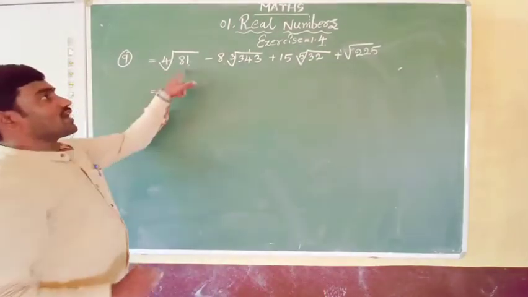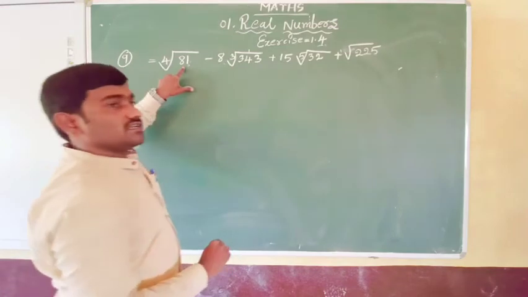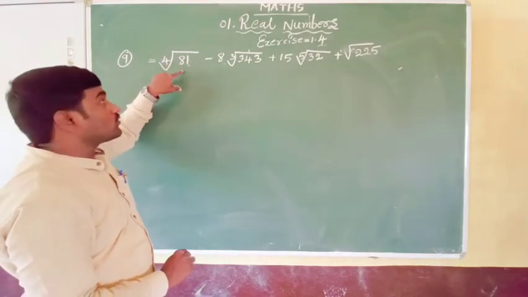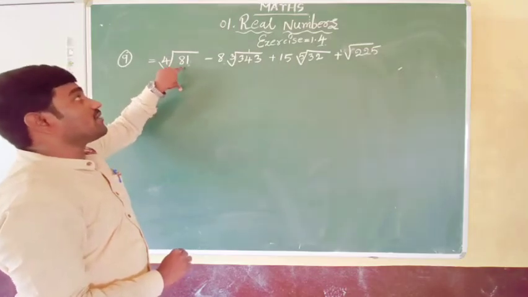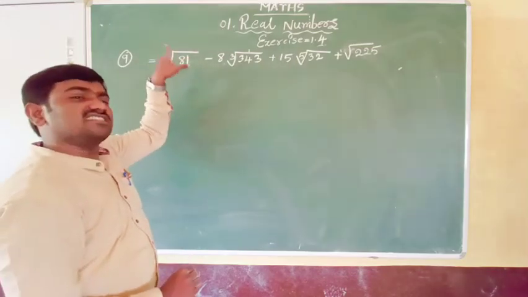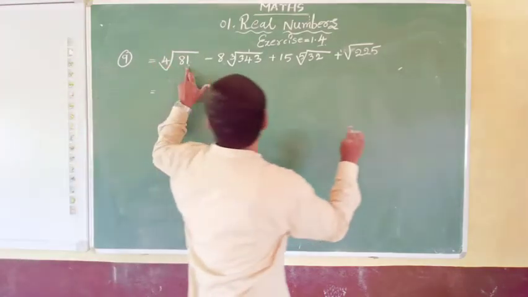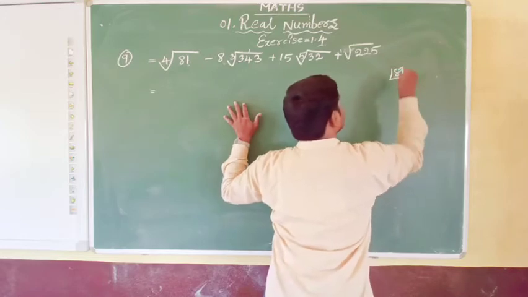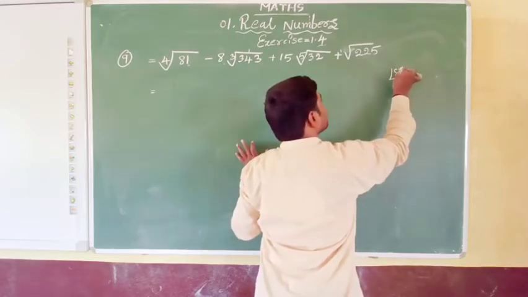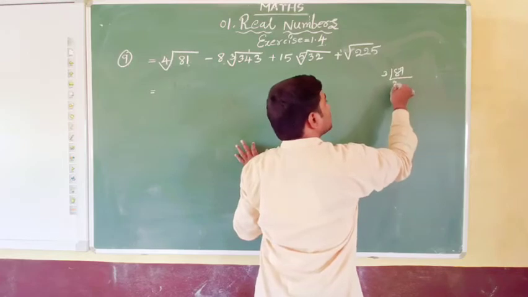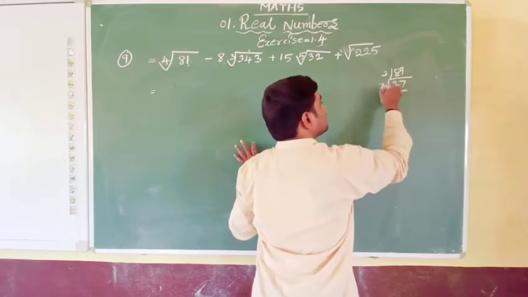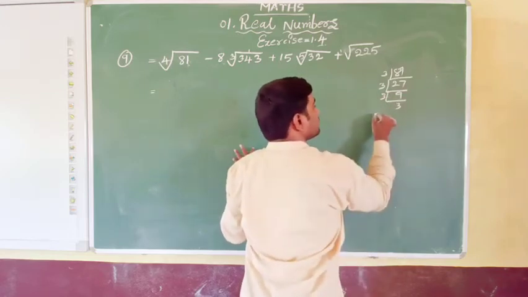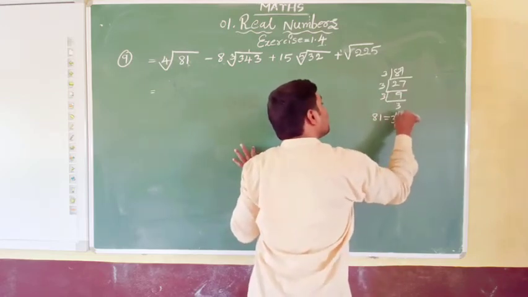First we have to factorize all of these. See, we need to check whether 81 can be written as an nth power. If it can be written as an nth power, then it is a rational number, otherwise it is an irrational number. That we need to remember. So let us factorize 81. In the 3 table, 3 27s are 81, 3 9s are 27, 3 3s are 9. So 81 we can write as 3 to the power of 4.